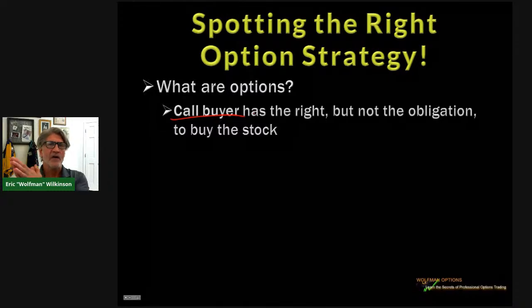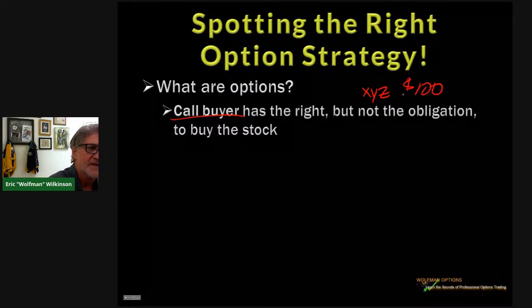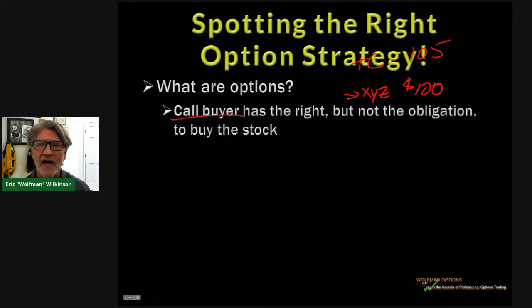So when we're talking about strikes in the options, if XYZ is trading, let's just say 100, to keep it simple, the call, if somebody were to buy a call at the 105 strike, right? That means that whoever bought that 105 call has the right but not the obligation to buy XYZ at $105,